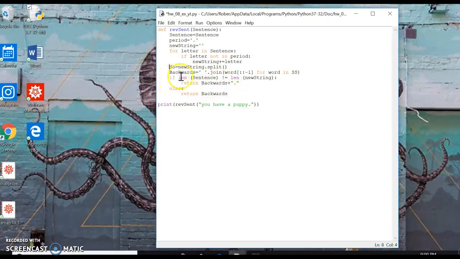And right here, this is where I put the period back in. So if the len of sentence is not equal to the len of new string, return backwards plus the period. Else, if there was no period to begin with, and they're the same length from the sentence to the new string, just return backwards. So right here, we're going to return it. We're going to take the period out. "You have a puppy." Run our code,